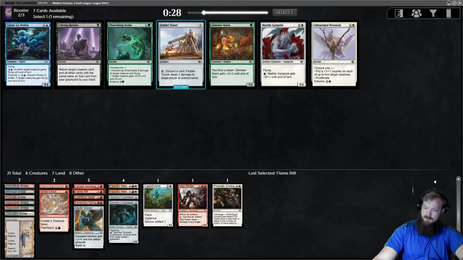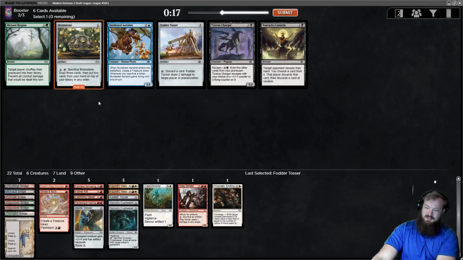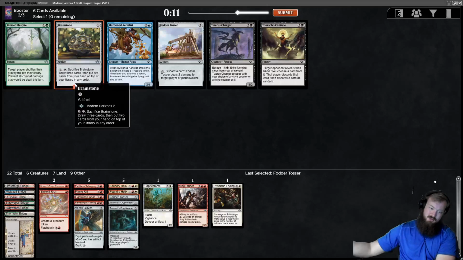I kind of like Fodder Tosser, but with this much direct face damage, having some repeatable damage for reach is pretty good. We're also in red, so the potential does exist for us to get a Madness card or 2. I think I will take Brainstone, because if we can get it for free, it's good. Otherwise, it's in general not that great, because I guess we have Dragon's Rage Channeler, which makes it a little bit better, because we can kind of put cards back we don't want and then surveil them into the graveyard, but...